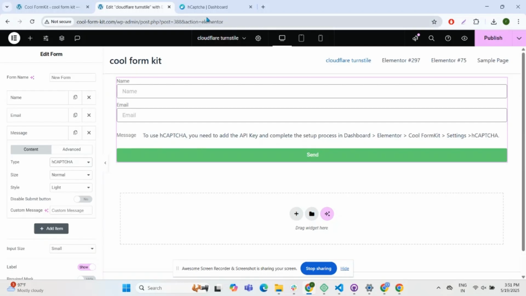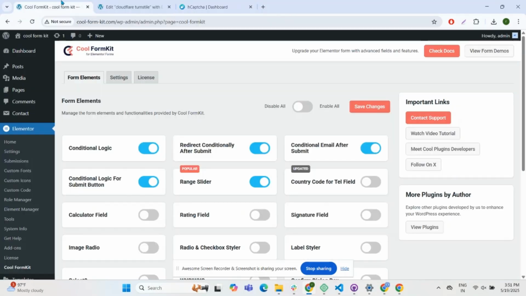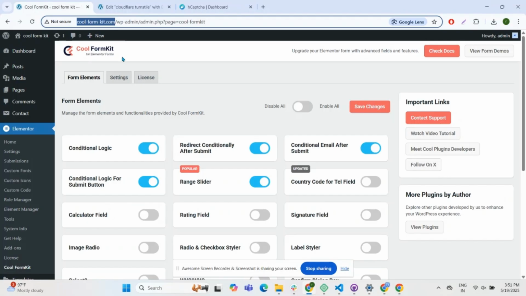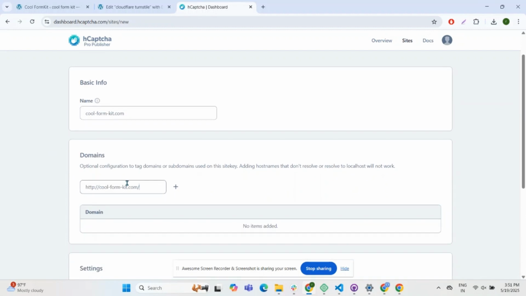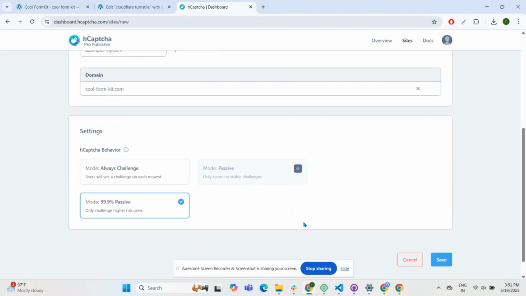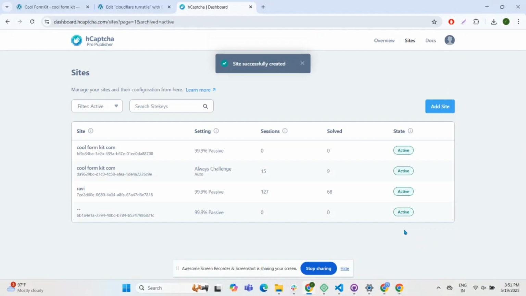Navigate to the hCAPTCHA website. Here in the name section, we have to enter the reference site name. Let's enter it. Similarly, in the domain, enter your site name. Now click on Save. Now here you can access the site key, copy it,